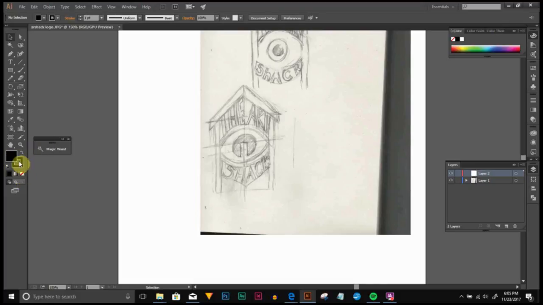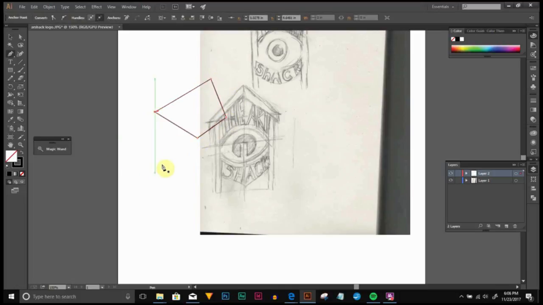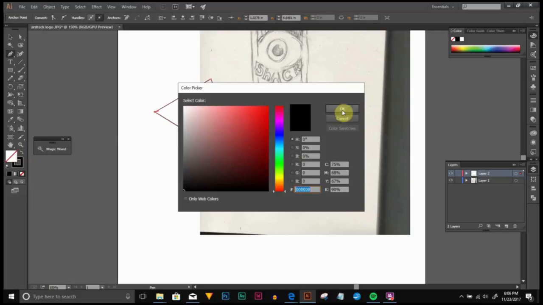So what do I do? Well, I push the none. It takes out that fill. I don't have a fill. And if I want to do a fill, let's just make a random shape. Like that. I'm like, alright, I want that to be solid black. What do I do? Because if I put the fill on it,